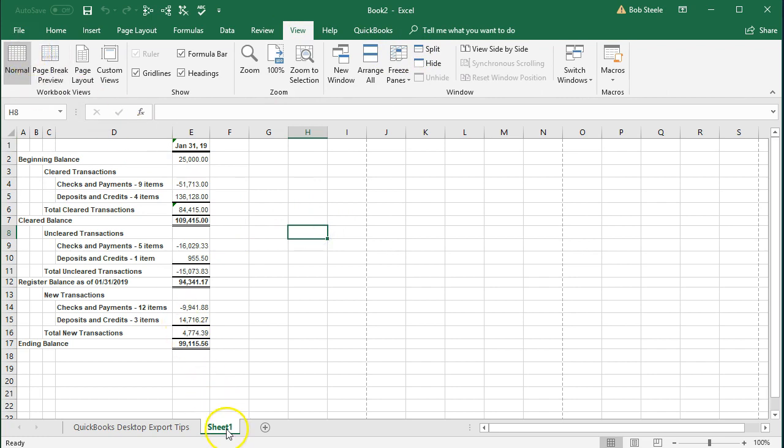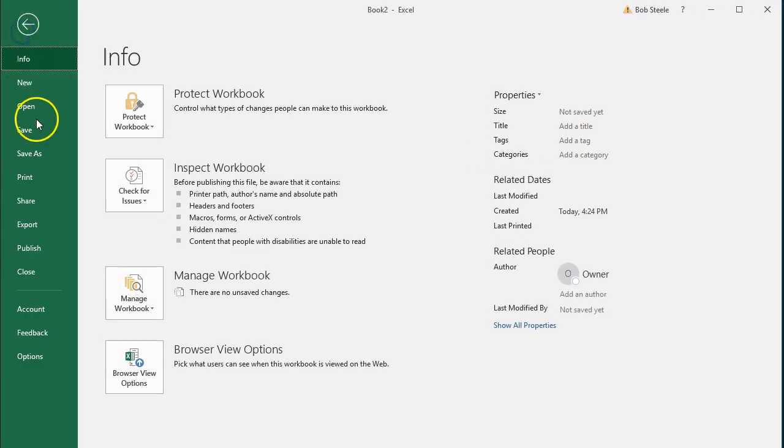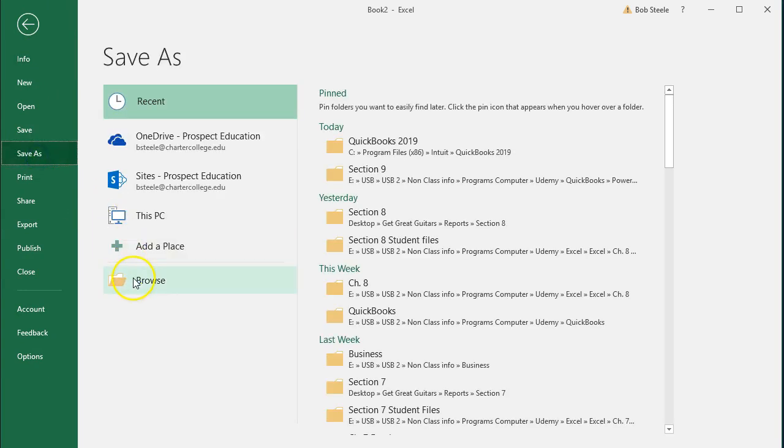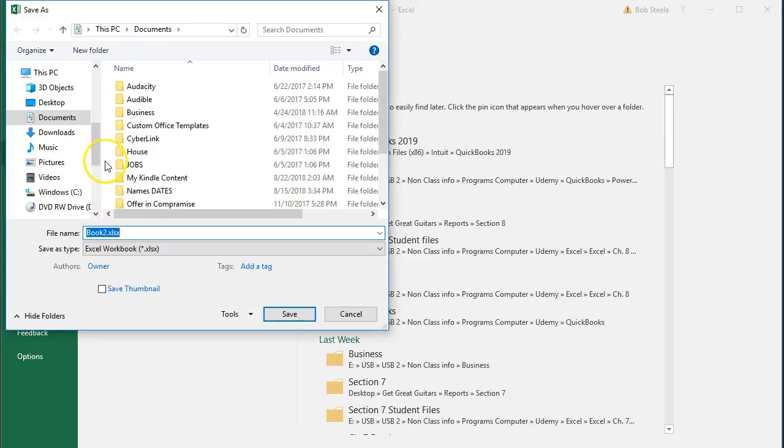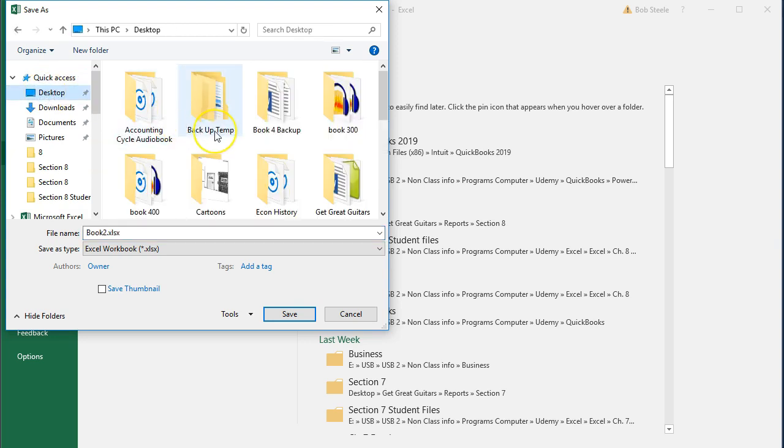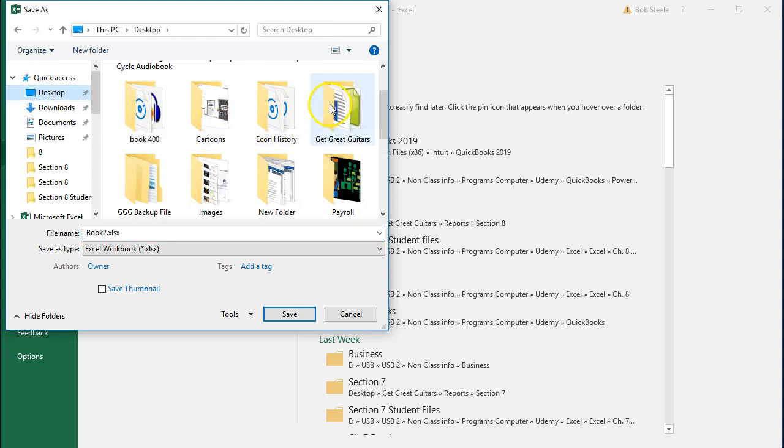We're going to go to January Bank Rec. I double clicked on that and put that there. I'm going to go ahead and save this. Go into File, Save As, Browse. I'm going to go to the desktop and Get Great Guitars,